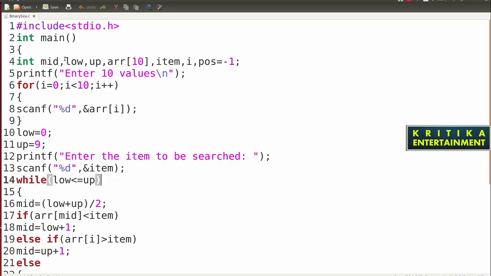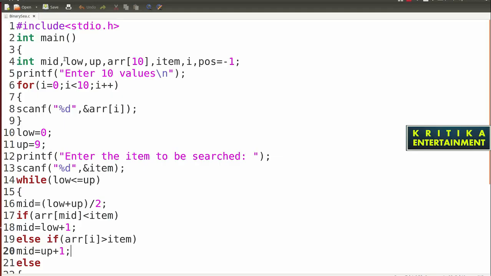While low less than or equal to up, mid equal to low plus up by 2, while arr mid greater than item, then mid equal to, while arr mid less than item, okay, then mid equal to low plus 1, else if array mid greater than item, then mid equal to up plus 1.